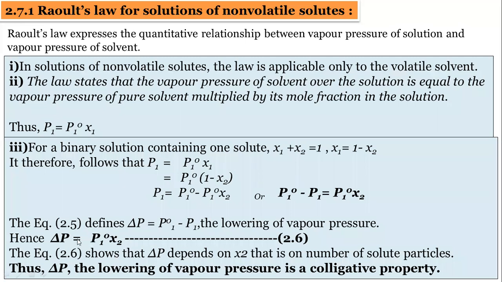And you know, if the delta P depends upon the X2, it is a colligative property, because a colligative property depends upon the number of solute particles and not upon the nature of solute particles, remember. So this is how the colligative property is proved here. So this is Raoult's law for solutions of non-volatile solutes. At your home, go through this